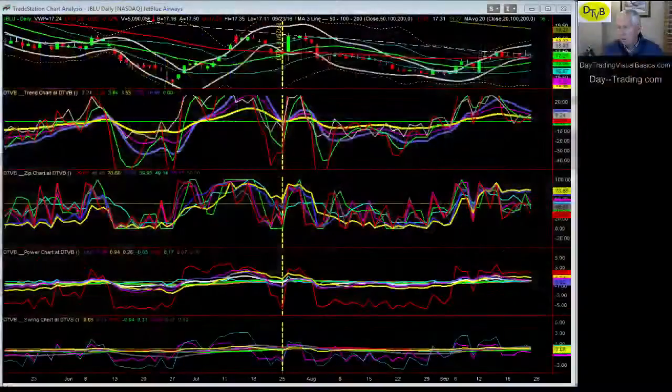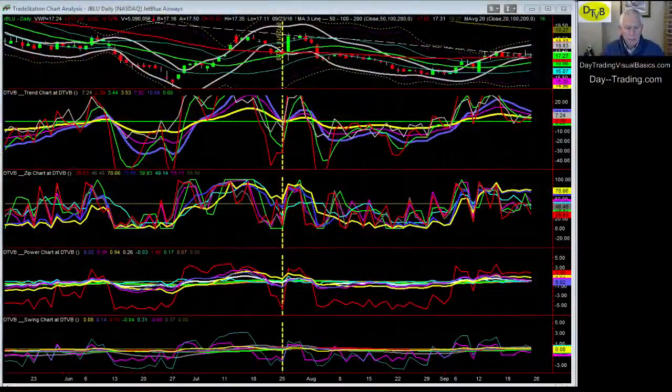And the other thing about it is that sometimes there's only one bottlenose pattern in a particular chart, like the swing chart or the power chart. It will often appear in those two. Those two I place at the bottom of the master platform chart. But the bottlenose pattern is this pattern right down here in power red,